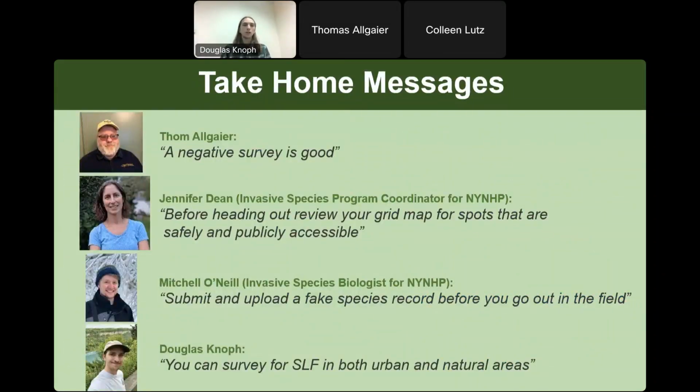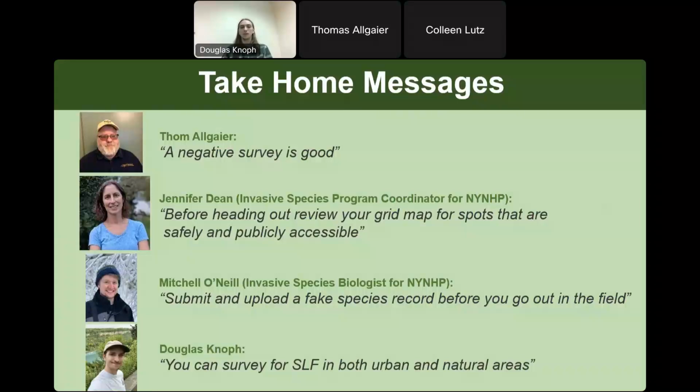And then just a few takeaways from some members of the iMap team, as well as Tom. Like you had mentioned, negative surveys are good. If you go out and don't find anything, we still want to know about it. Tip from Jen Dean, the program coordinator for the iMapInvasives team: make sure that you have your locations mapped out before you go out and conduct your surveys.